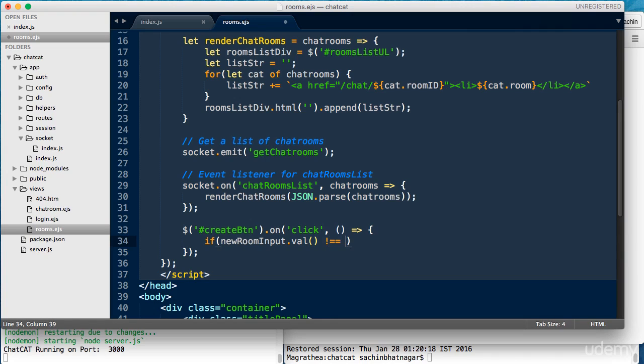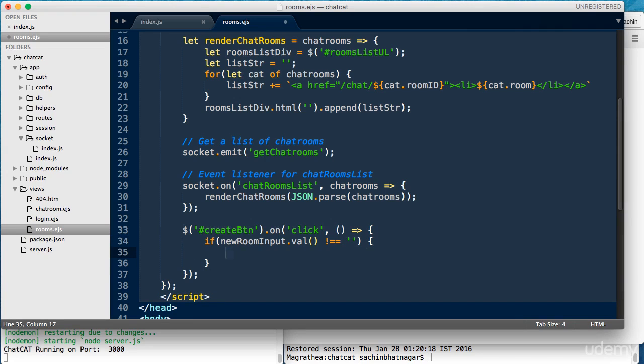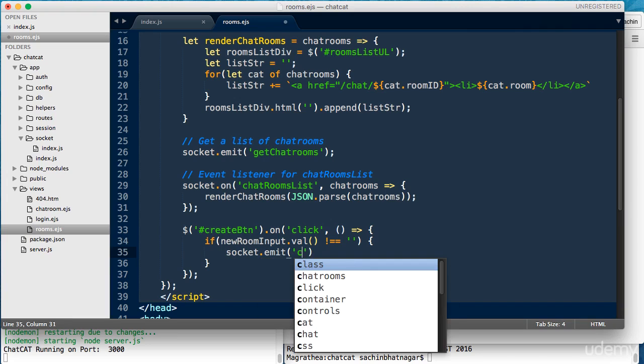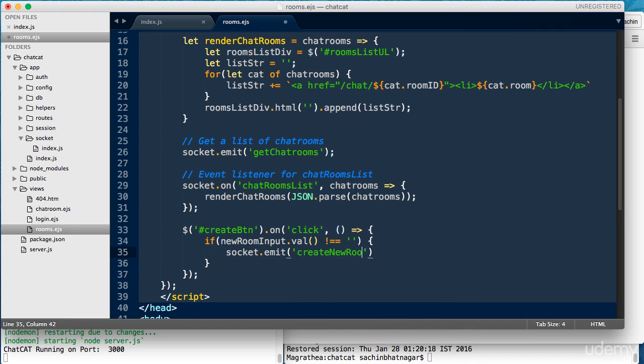So if the user has typed something, this condition would resolve to a true state, and when that happens, we'll use socket.emit to send an event titled createNewRoom, and we'll attach along the contents of the input field which translate to the topic or title of the chat room that the user wishes to create.